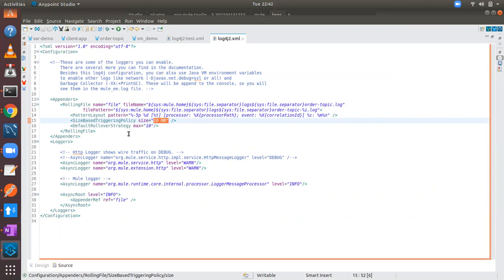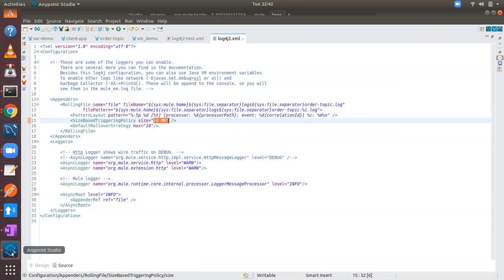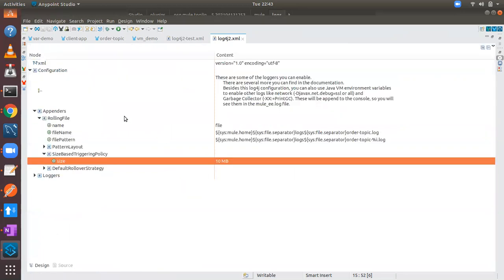So all this stuff we see over here. The log4j XML tells about the log file configuration. You don't need to worry about this much. This is about where to create a file, what the maximum size of the file is, and all that stuff. But you need to understand the importance of the log file. Every application has a log file, and whatever you do in the application goes through the logger. You configure logger many times. All the log statements, whatever you configure, will go to the log file.